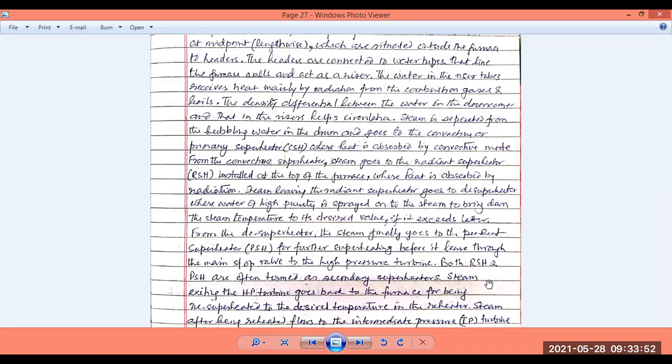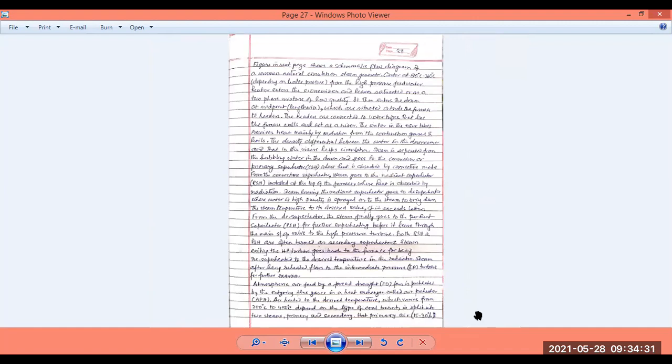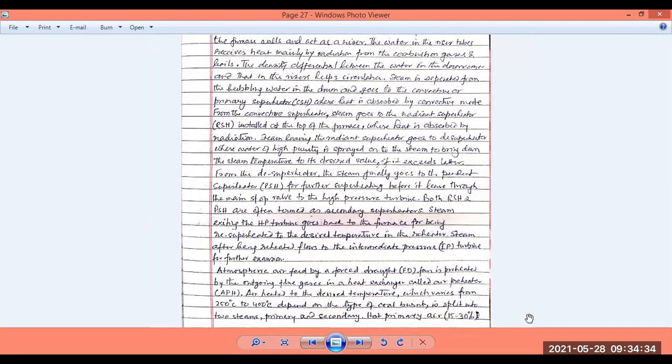Now, both the radiant superheater and the pendant superheater are often termed secondary superheaters. So initially the primary superheater is PSH, and both the radiant and pendant superheaters are called secondary superheaters itself. Steam exiting the high pressure turbine